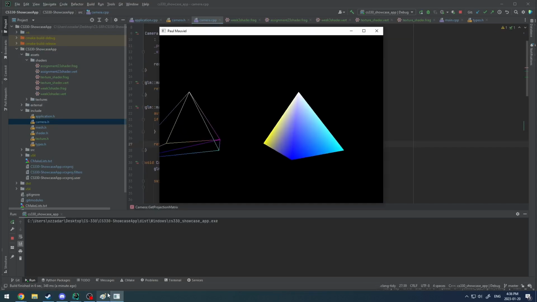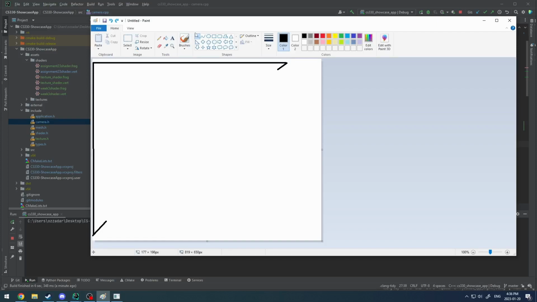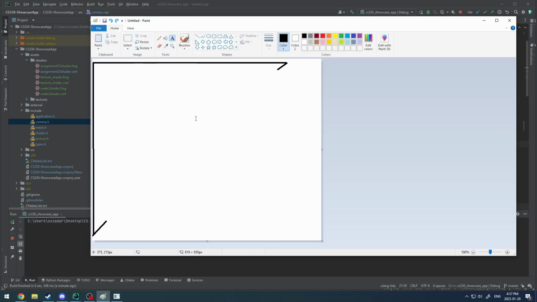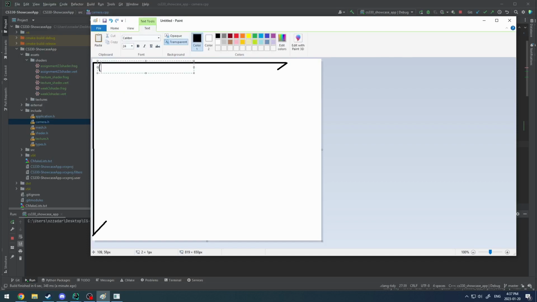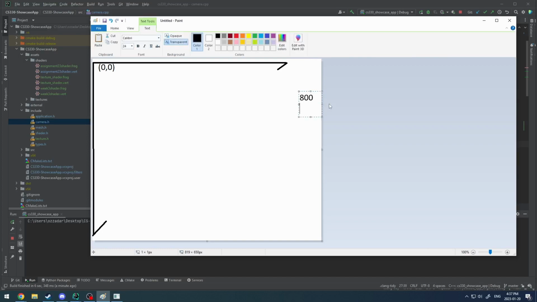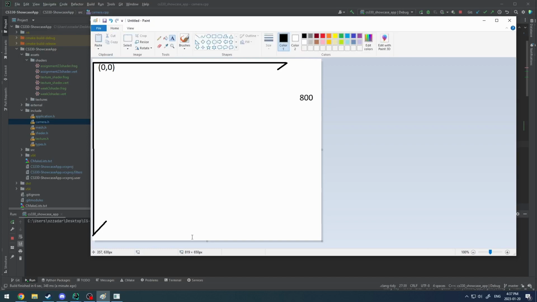So what you would usually do when you're doing a two-dimensional game is you'd have your first coordinate here, which would be 0, 0, right? And again, I think it's top left, but maybe just double check that. So your top right would be 0, 0 here. And let's say you want your pixel resolution to be 800 by 600. So you would define your right value as 800, and you would define your